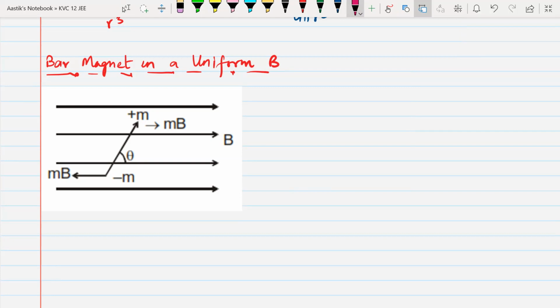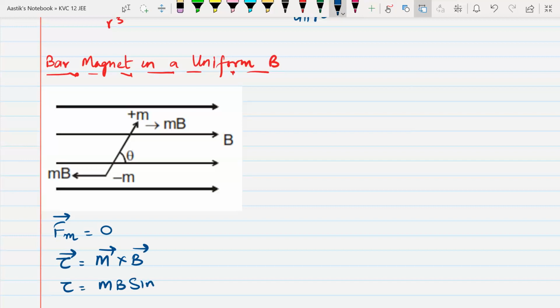Okay. So when you place a bar magnet in a uniform magnetic field, the magnetic force acting on the bar magnet would be 0. Do we understand this? But the torque will not be 0, and torque will be given by m cross B vectorly. If I talk about the magnitude of torque, it will be given by mB sine theta, where theta is the angle between the magnetic field